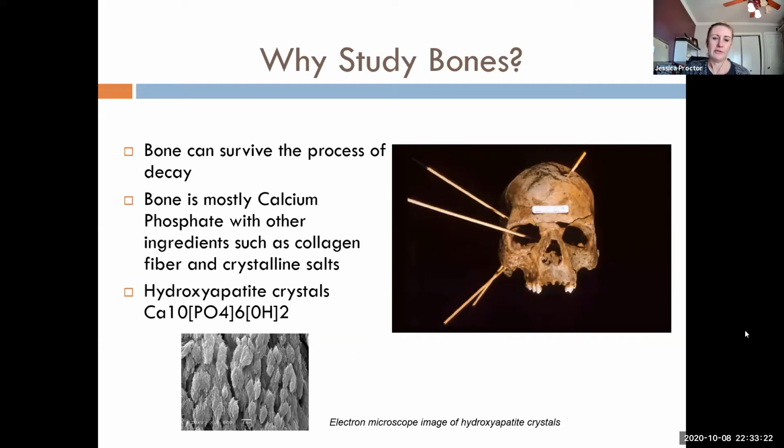So why study bones? Bones can survive the process of decay. When you're looking at fossil remains, for example, you don't necessarily have all of the nose, because the nose is made mainly of cartilage. So all that's left there is that nasal aperture, that opening. But the bone itself preserves quite well. Bone is mostly calcium phosphate and other ingredients such as collagen fiber and crystalline salts, and hydroxyapatite salts. So this is just one of the reasons why bones generally preserve fairly well in